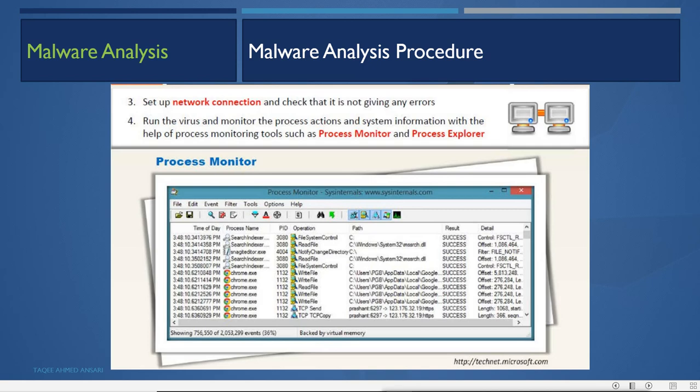We can use the normal Task Manager also, or different tools like Process Monitor, to monitor what happened when we execute that malware. What processes are starting, which new processes are running, we can check by using Process Monitor.